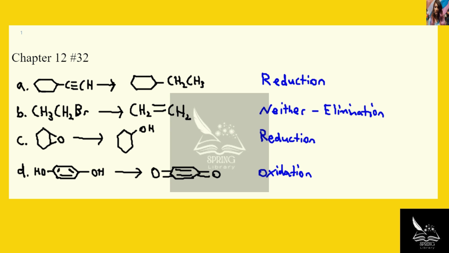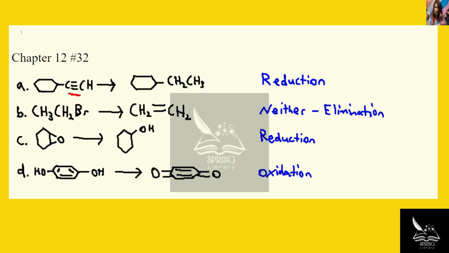All right, so this is the solution to Chapter 12, problem number 32 from the Smith Organic Chemistry textbook. This problem gives us 4 reactions and asks us to determine whether each is an oxidation, a reduction, or neither. Starting with A, it is a reduction, and we can tell because we have a triple bond